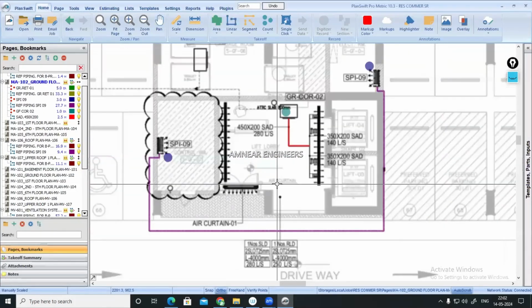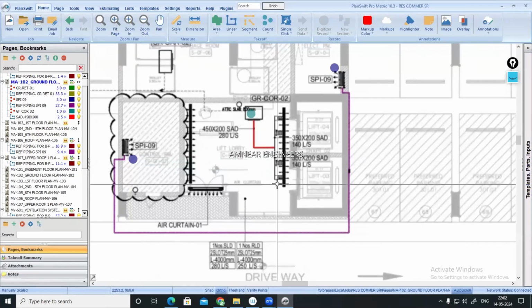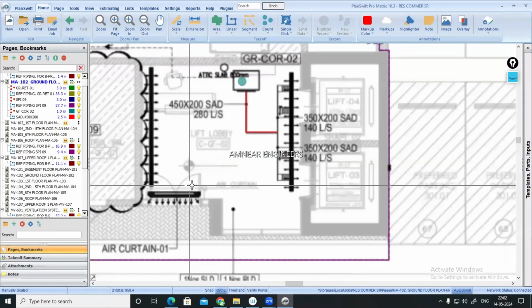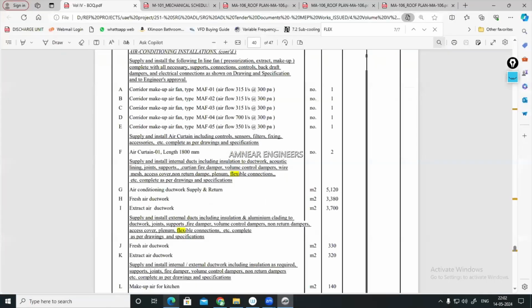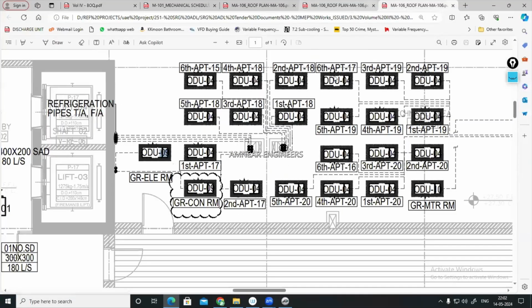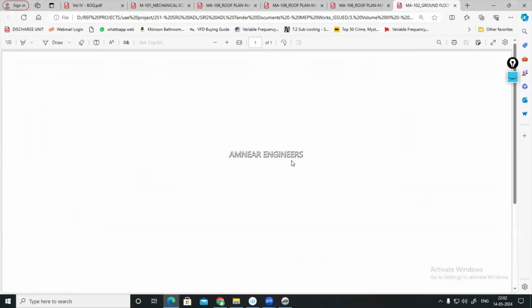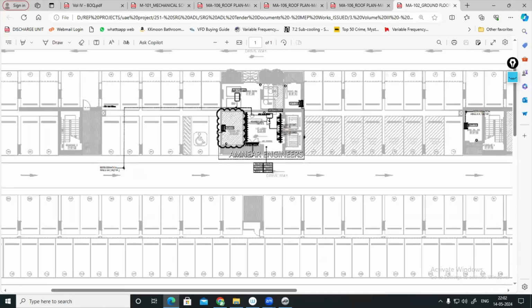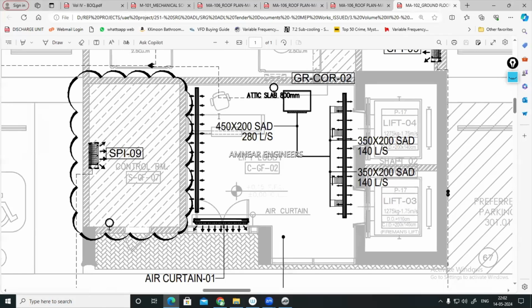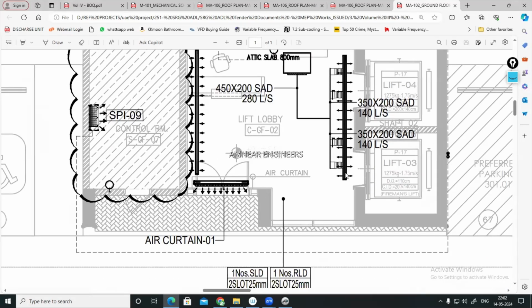Here you can see, when you are taking this item, if the arrow mark is inside and outside, we are having, if you are going to the ground floor, right? That is the ground floor only. We are going to the ground floor. If the arrow mark is projecting outwards, that is called a supply. If that is inwards, that is a return. So return 4 meter, supply 4 meter, they have given separately. Okay. And for example, along with this one,